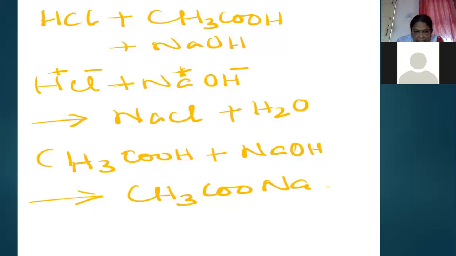So here in this case, when so many ions are present in the solution, out of all these kinds of ions, the hydrogen ion has the highest mobility because it is the smallest ion present in the solution. So the ion which has got the highest mobility is having the highest conductivity value or highest conductance, or we can say it can carry the current very fast.